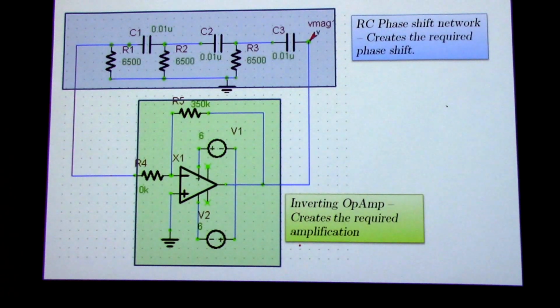Now this is something that actually satisfies our requirement. This is the RC phase shift network. It gives you the required phase shift, and here the inverting op amp creates the required amplification. So here we actually have both, like as I said, I need to create some phase shift and an amplification. So it's an oscillator,